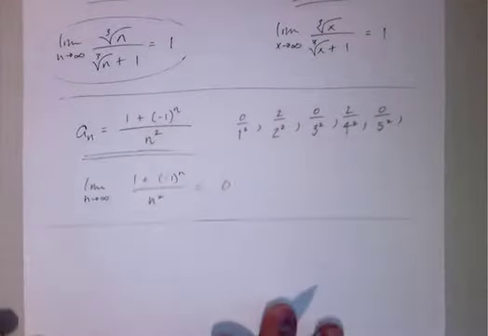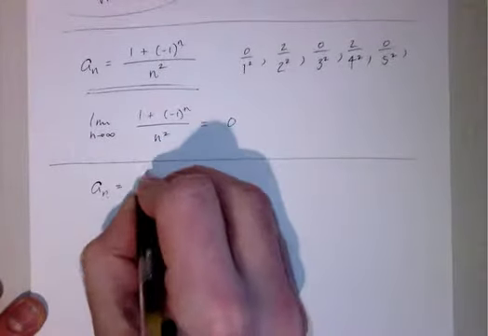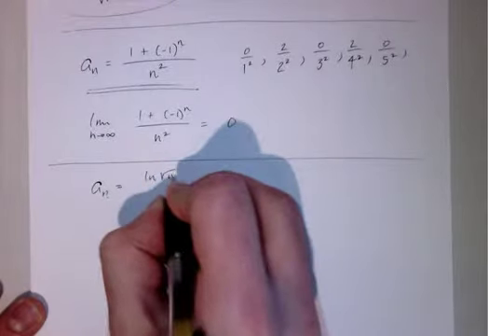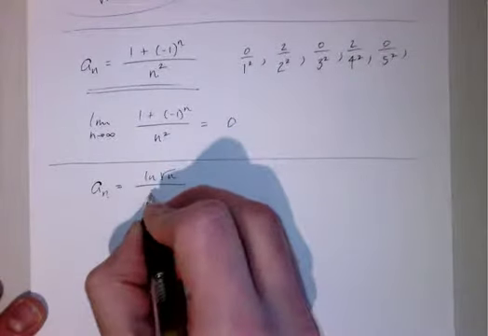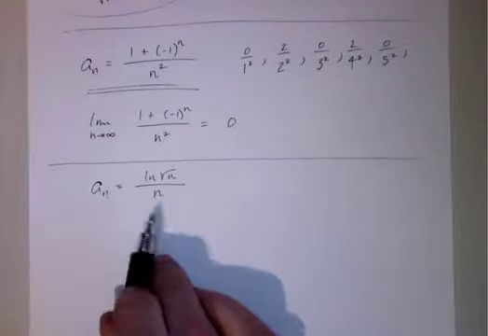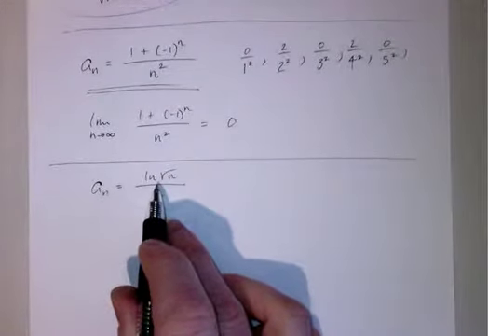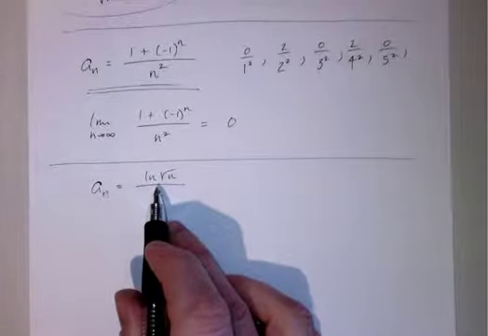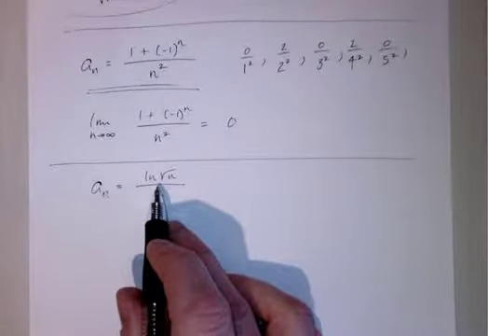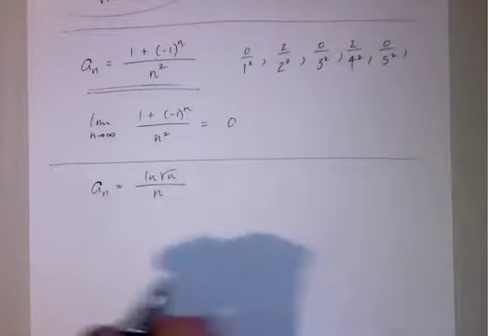Now, let's do another one. Let's say we have a sub n is equal to the natural log of the square root of n, over n. Now, we've talked about the general power of different classes of functions, and I know that a linear function is more powerful than a natural log function. I know that it increases faster than a natural log function,